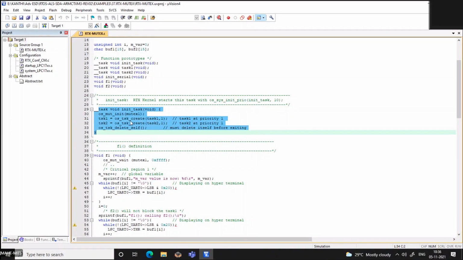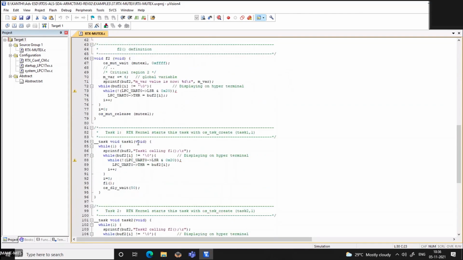And once you create the tasks, you delete this function. Also, you can note there is a mutex initialization with the name mutex1. Once you initialize this, it will create a particular memory and other related information for the mutex.